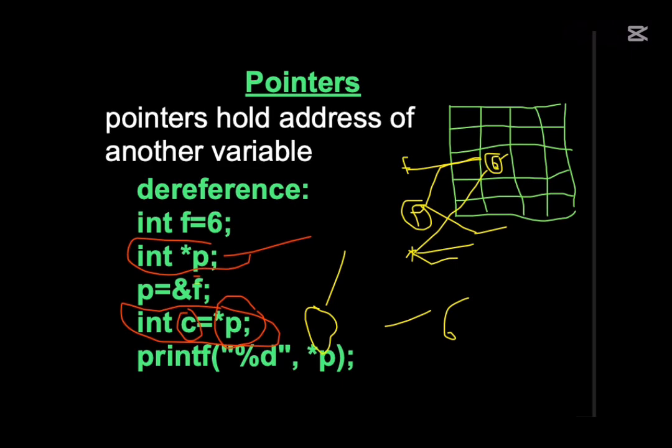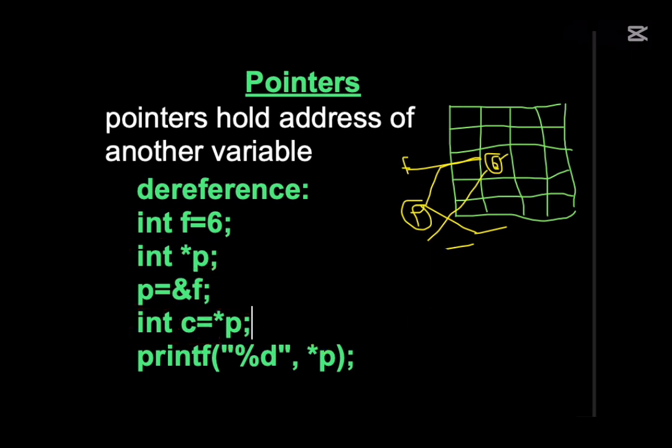So now I'm going to talk about printing memory address. If we want to know the memory address, how do we know that? We use a specifier. So here we use the special specifier. We're going to replace this with p, and we're going to remove the asterisk because this asterisk means we're trying to access the value, but now we want to know only the address, so we need to remove the